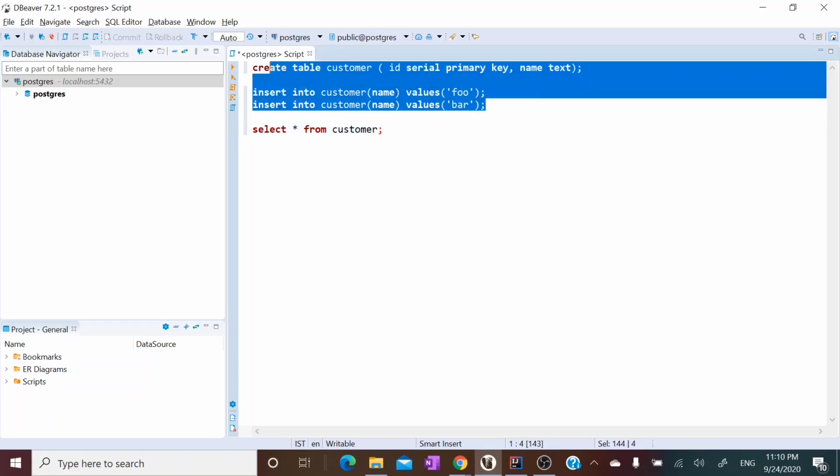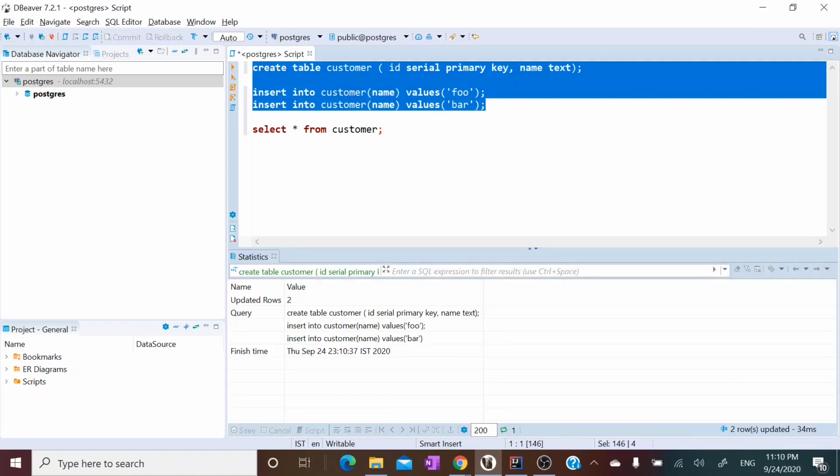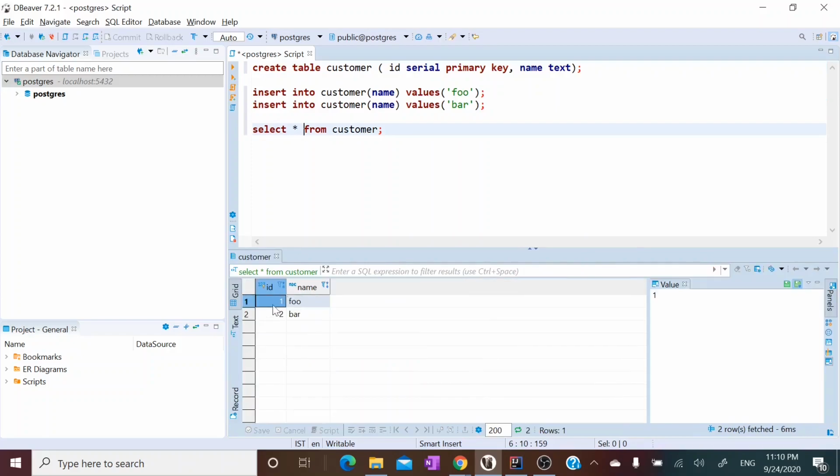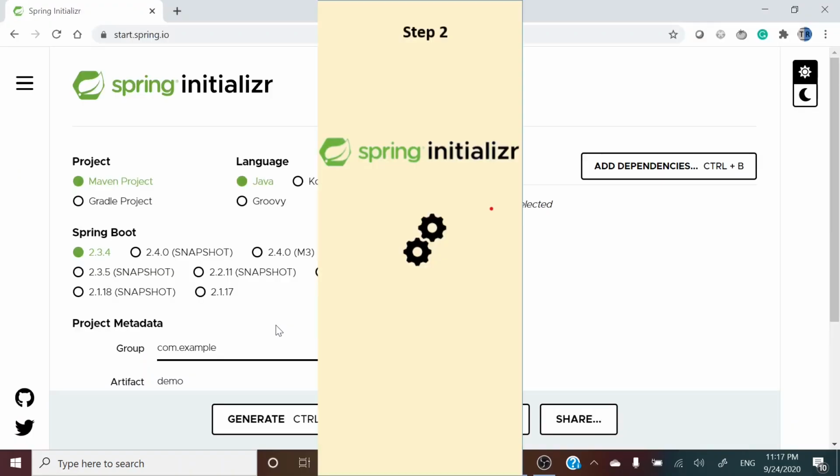So let's run those queries. Okay, the query is executed successfully, and we can see the values are added. What we have done here is create a customer table with two columns, ID and name. ID is a primary key, which is a serial, so the values are auto-generated for ID, and name is the other field.